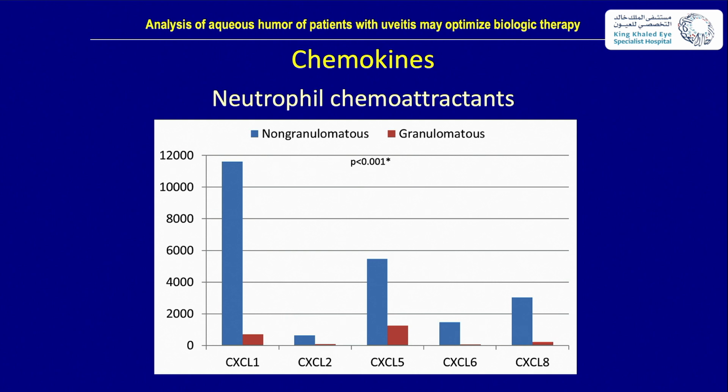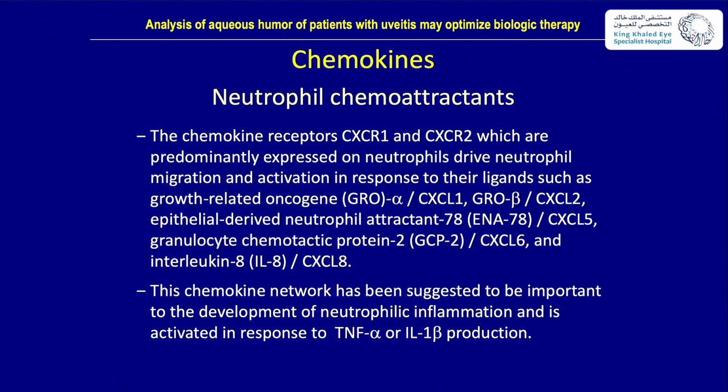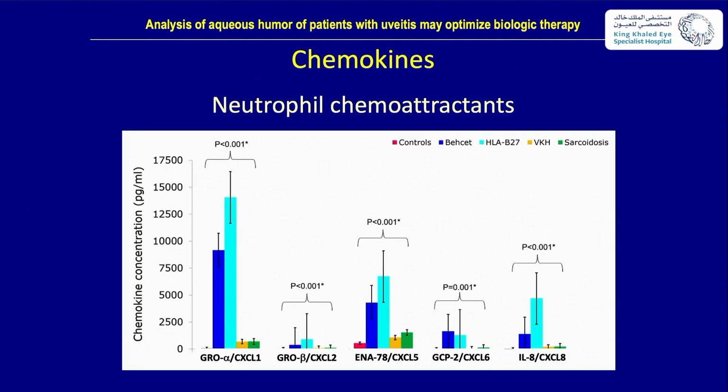And we compared different uveitic entities. So you can see that CXCL1 was the highest. But look at the levels. VKH is colored yellow, sarcoidosis green, Behcet blue, HLA-B27 light blue. The levels are highest in Behcet and HLA-B27 uveitis,